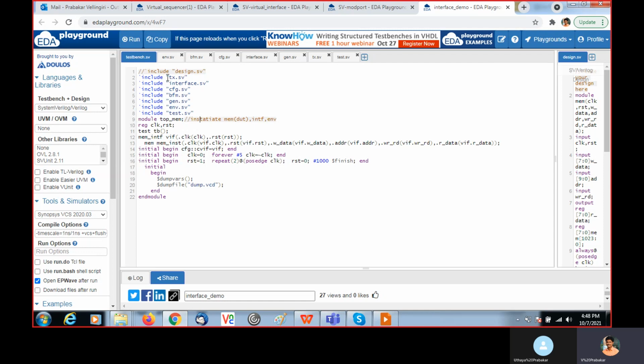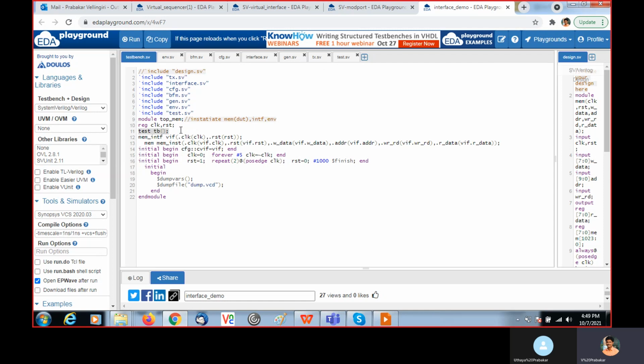Okay. So, for example, the environment consists of generator, BFM, all these components. If you put this environment on top and the BFM below the environment, when the compiler comes from top to bottom, it will enter into the environment file, and it does not recognize what is gen and what is BFM. So you should write BFM and gen first, and then you put this environment file here.